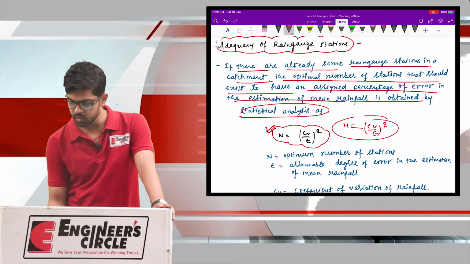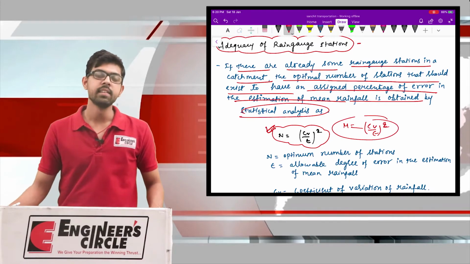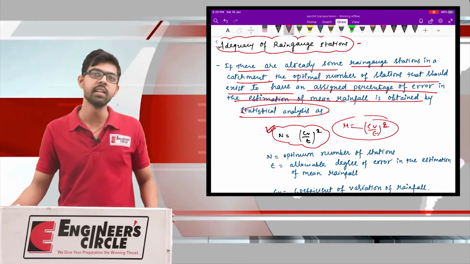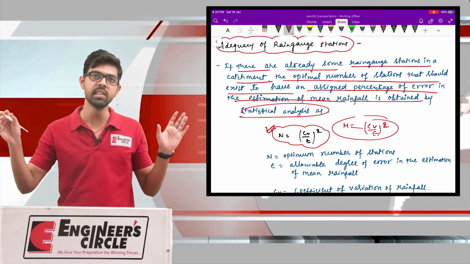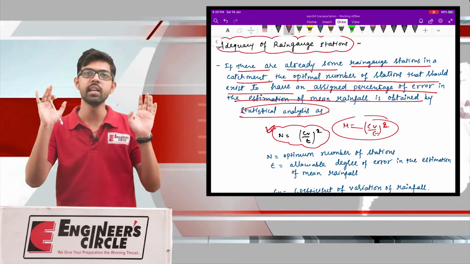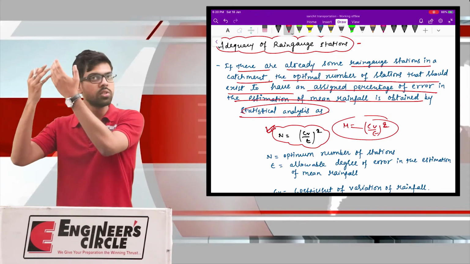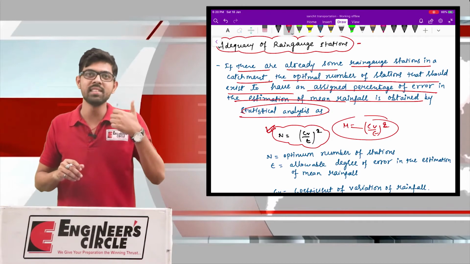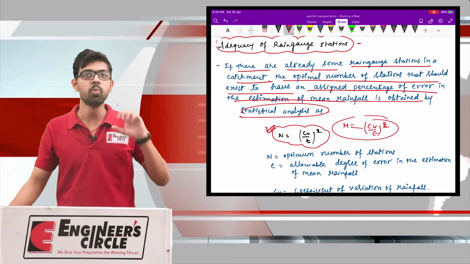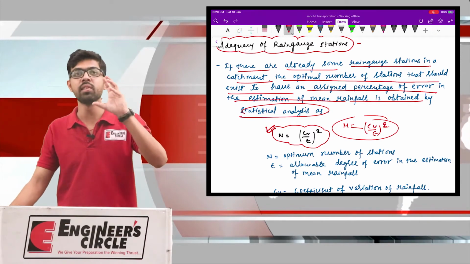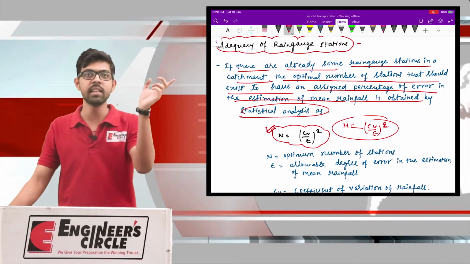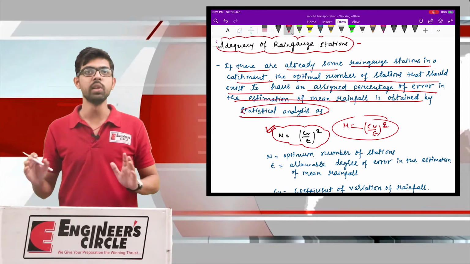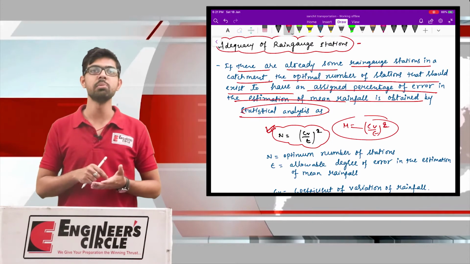This says that for a given catchment area, a certain number of rain gauge stations are already there. Now I need to calculate how many more rain gauge stations should be added, or what the optimum total number of rain gauge stations should be for the given catchment area, in order to be closer to the true value, because it is very difficult to get a correct estimation of rainfall data.